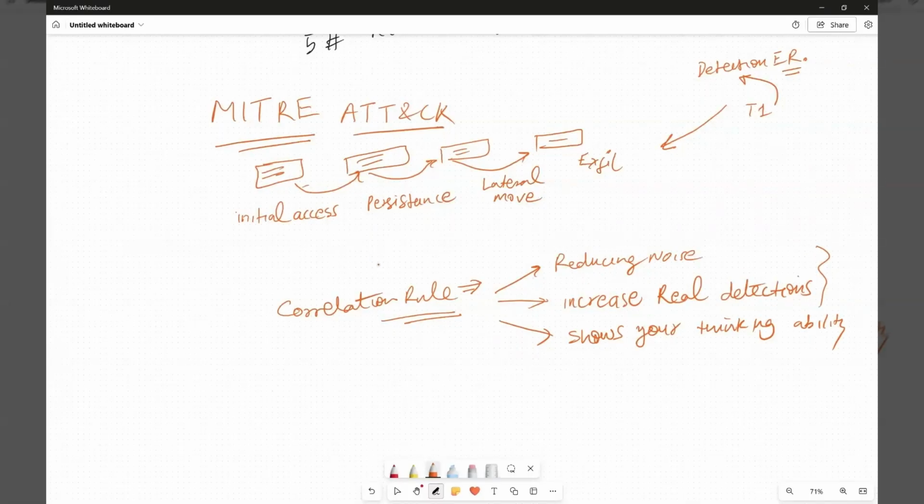So we can say SOC heroes are not born. They write better rules every day. So if you want to become a good detection engineer, just write some correlation rules and explain them to your